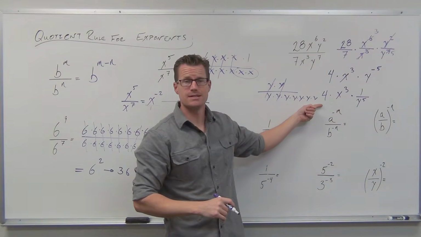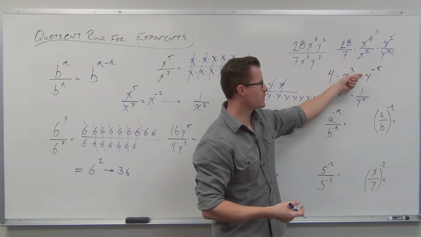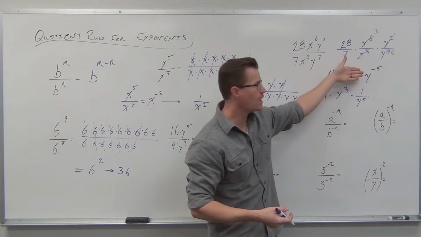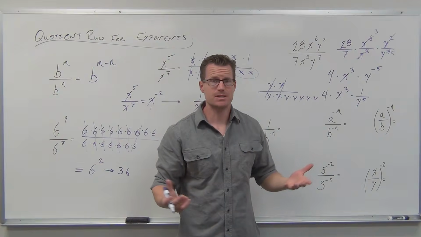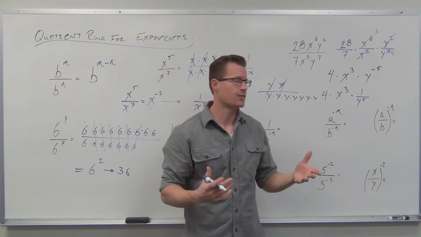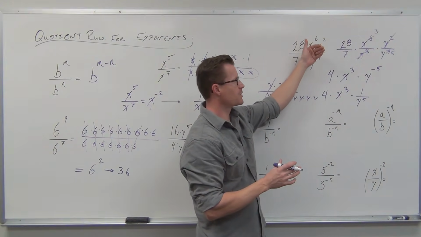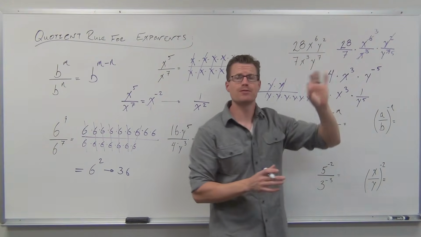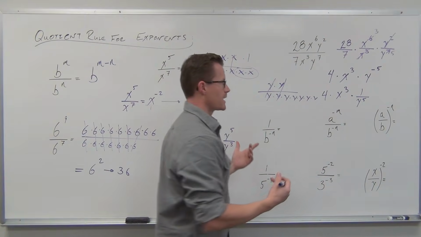Are these different? The answer is no. We know that negative exponents mean I'm on the wrong side of a fraction. We know that y to the negative 5th power is 1 over y to the 5th. It's the same stuff, guys. It's the same exact stuff. So if we're viewing these as division and subtraction of exponents or division and simplification of exponents, it's the same stuff. Our final answer in either case